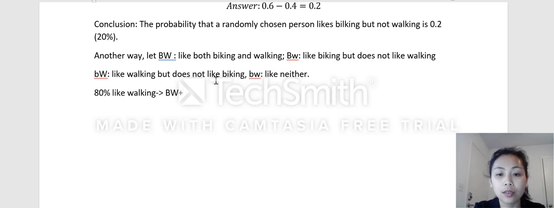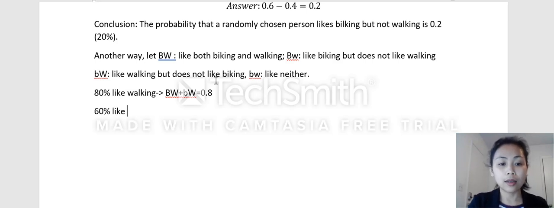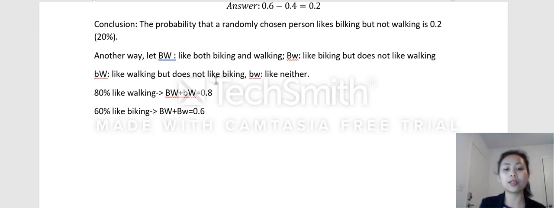capital B capital W plus little b capital W is 0.8. You see that? That means you collect everything that goes with capital W, combine them together, and it is 0.8. And 60% like biking, so we have capital B capital W plus capital B little w is 0.6. You see that? And they said all of them like at least one